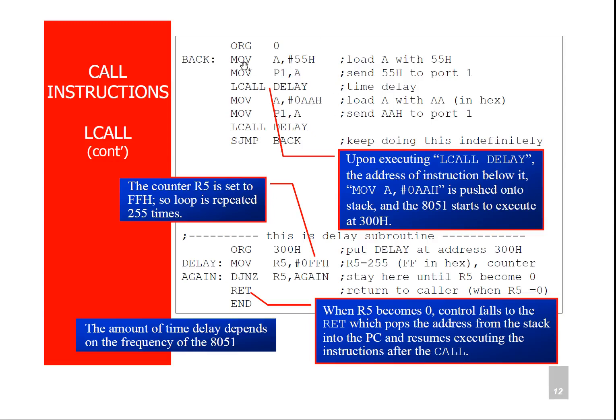So the first instruction is MOV A, #55H, load immediate data 55 to the accumulator, and then MOV P1, A, send 55H to port 1. So here whenever we are sending the data to any of the ports, the data must be available in the accumulator. So only here we are writing MOV A, #55H and then MOV P1, A.